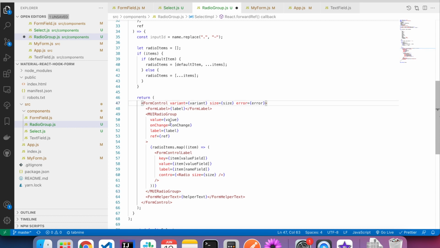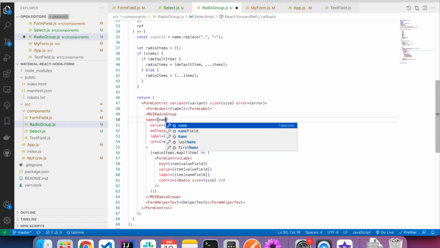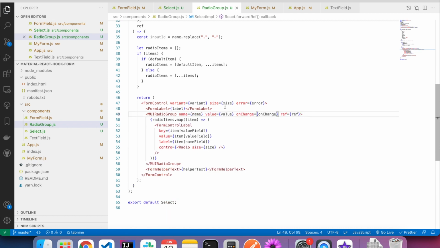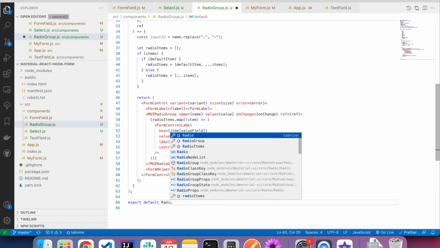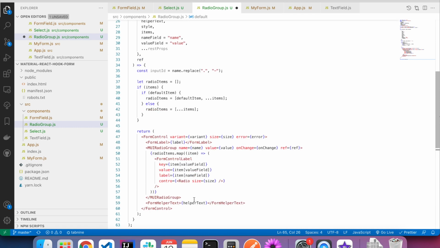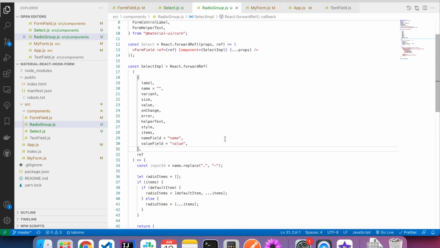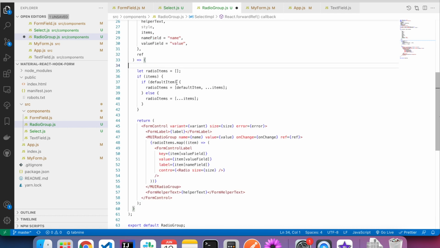Style is not required. Input ID is not required.